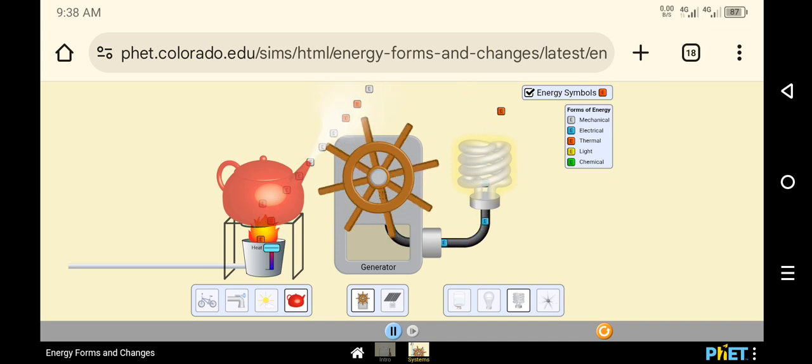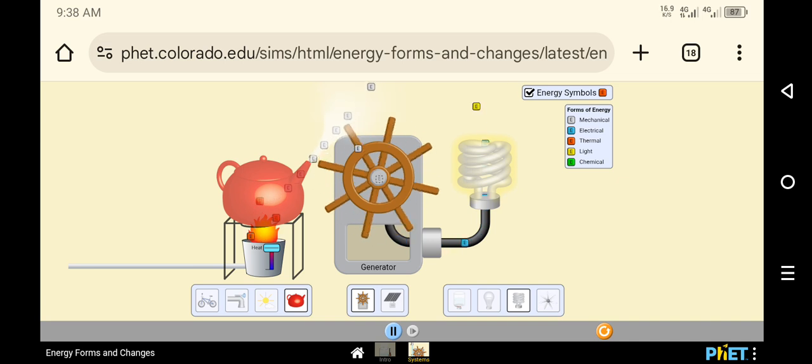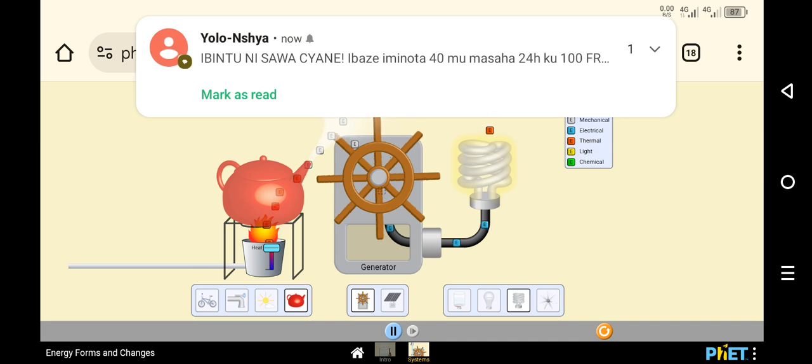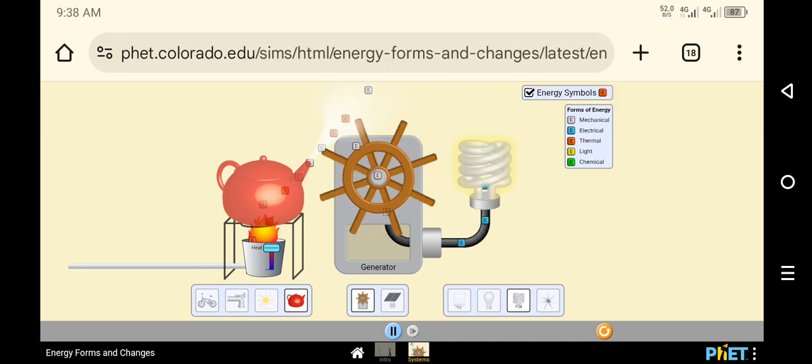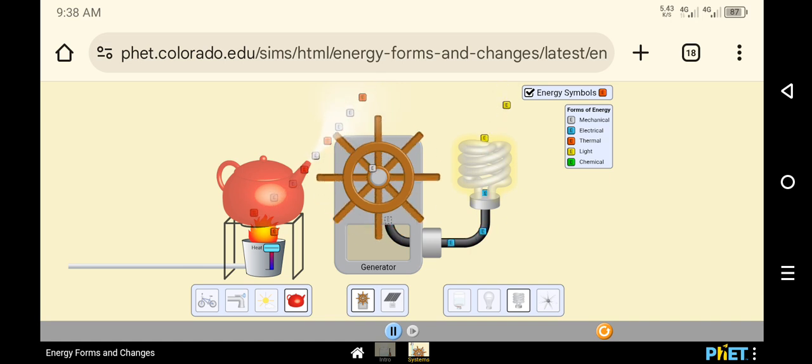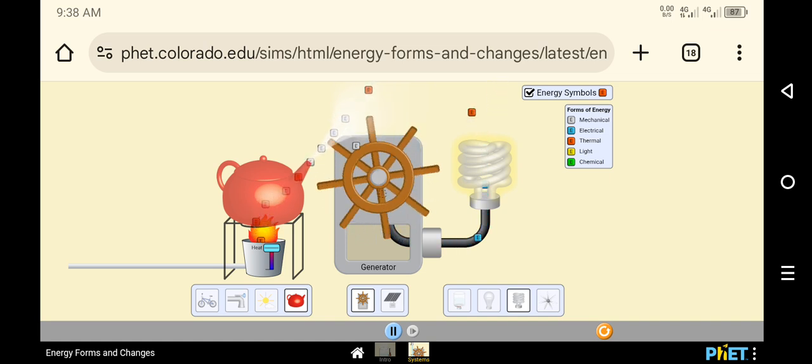So thank you so much. You can make this simulation to teach the students to make the subject understandable, and don't hesitate to use the experiments, which are hands-on activities for the students.